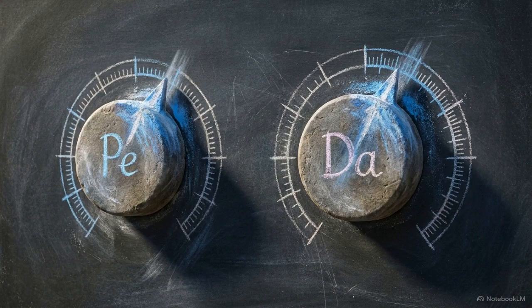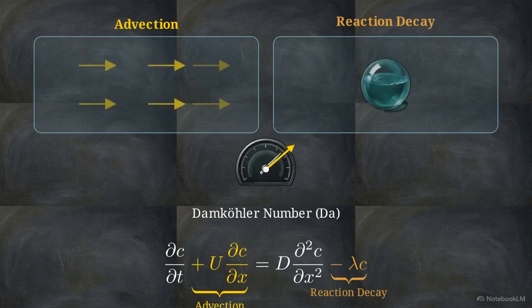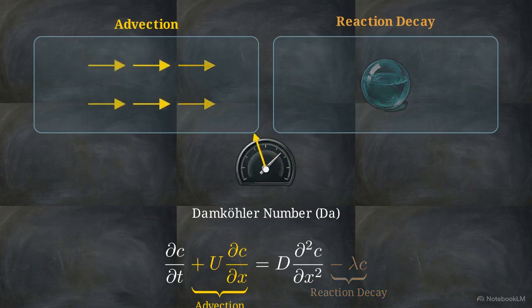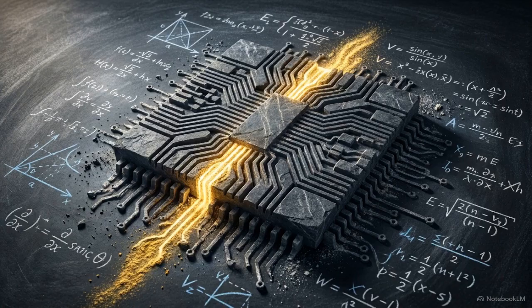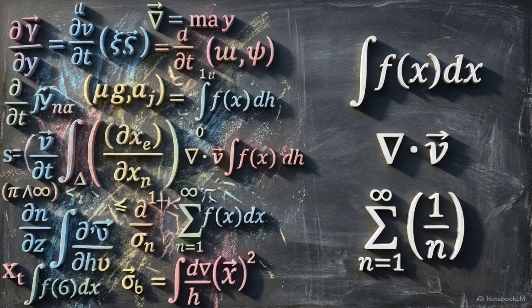These specific numbers act as a diagnostic readout. They tell the algorithm exactly which physical processes, like advection or reaction decay, dominate the system. If a dimensionless number is small enough, its corresponding physical effect is negligible. The computer can safely ignore that entire term, saving massive amounts of processing power. Non-dimensionalization translates physical intensity into a strict hierarchy of computational importance.